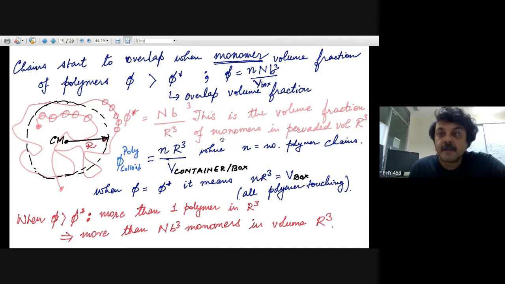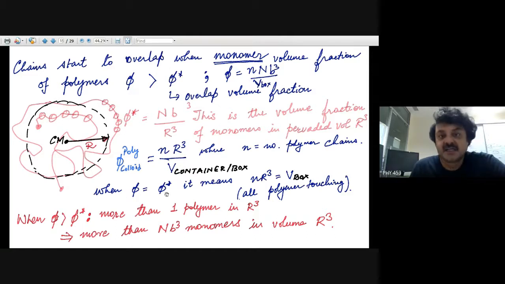R is the radius from which you calculate the pervaded volume. The pervaded volume has been discussed previously, and this is basically comparing the monomer volume fraction. When the monomer volume fraction becomes equal to